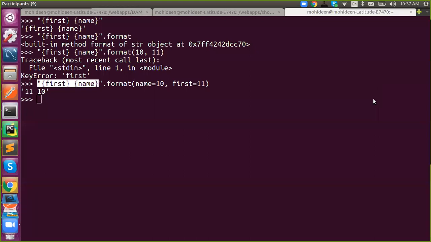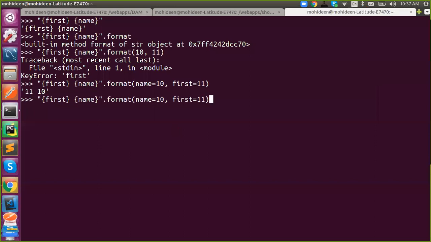Okay. Kim Shiram? Yeah. Okay. So this is a named placeholder. Okay. Or if you have a